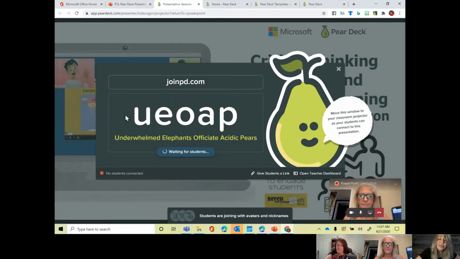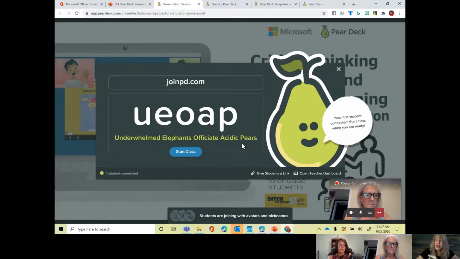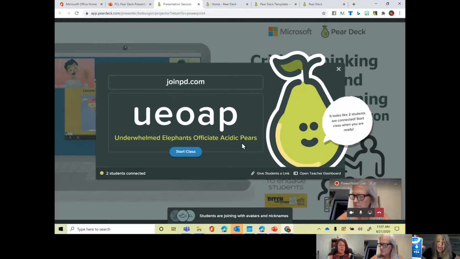And I love how they do this, just in case students can't figure out if that's a 1 or an O or a 0. You know how these things go. They give you underneath "underwhelmed elephants officiate acidic pears" to show you it doesn't matter if it's uppercase or lowercase, to type in a U, E, an O, an A, and a P. Seconds after doing that, on anyone's device in the class, so we're typing in U, E, O, A, P,